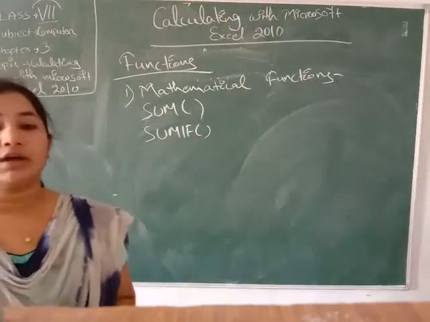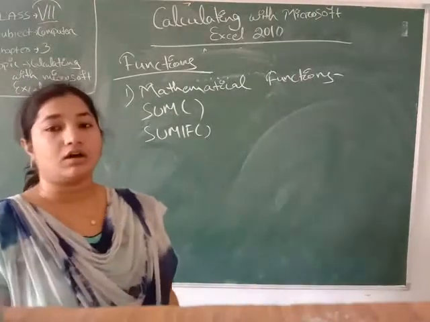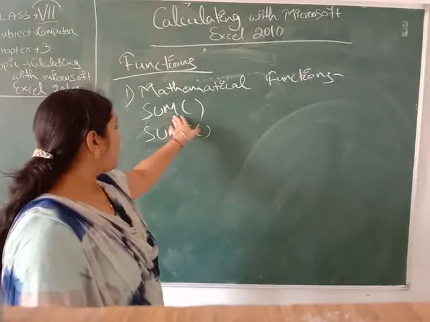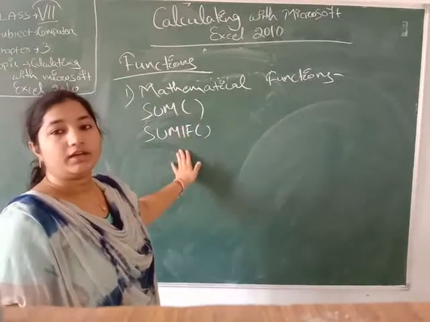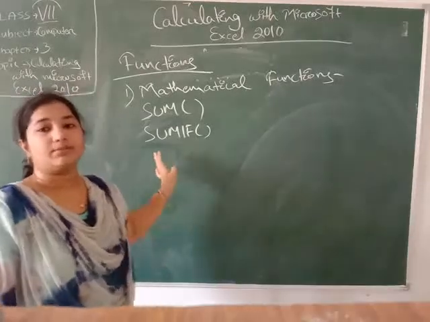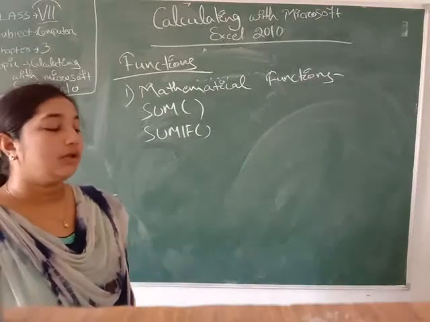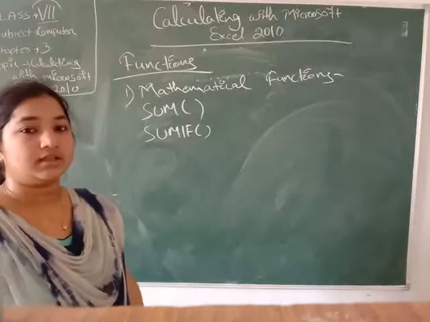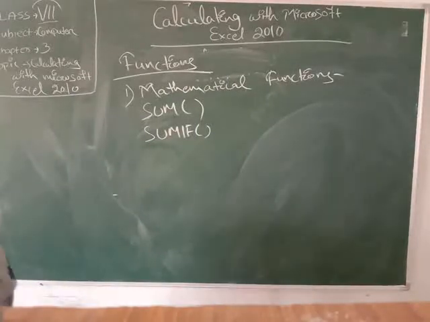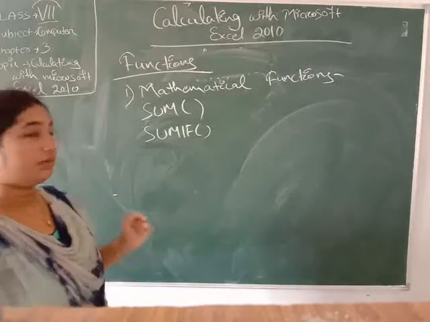So SUMIF works like this: it adds all the values in a range that meet specific criteria. It means it can add values in a range, and it adds all the values that meet some criteria. SUMIF means we give an "if do" condition: if the addition is this, then in that condition it will work. Previously no. After you study many things in computers, you can know about all these functions briefly.